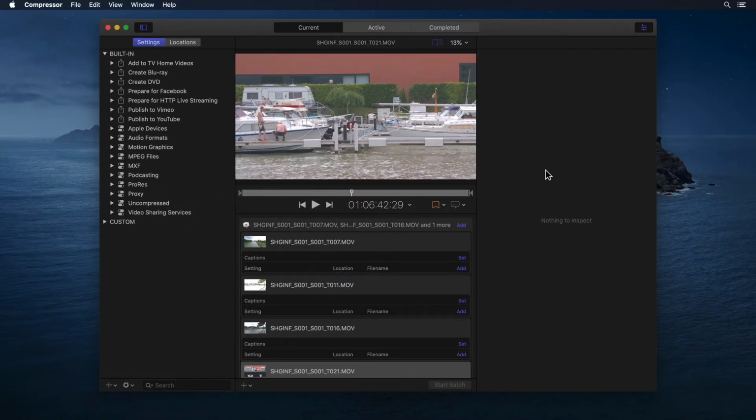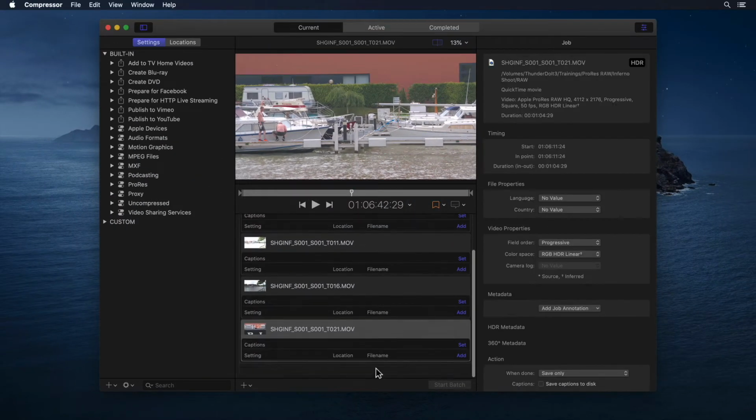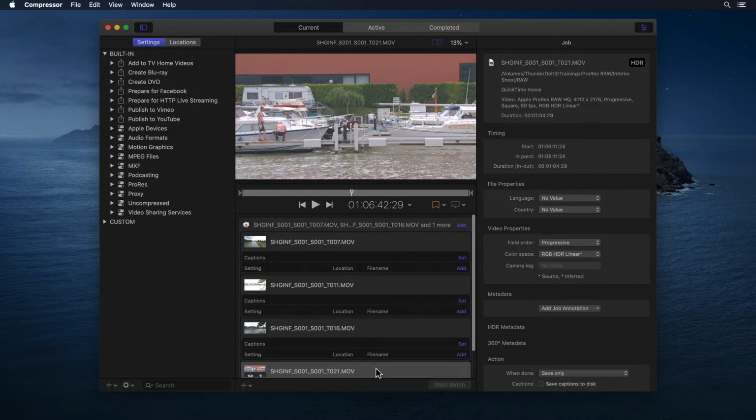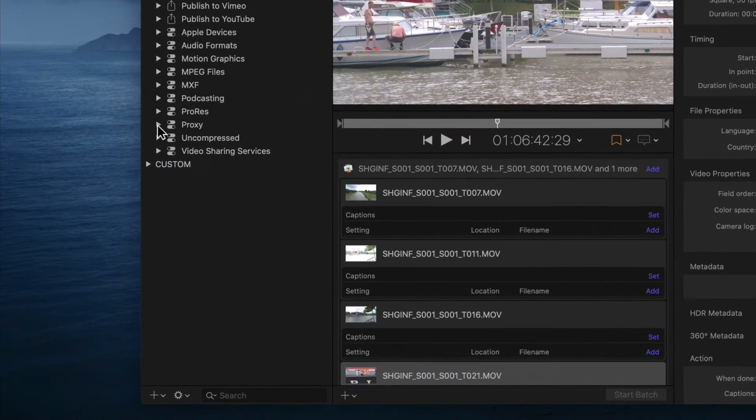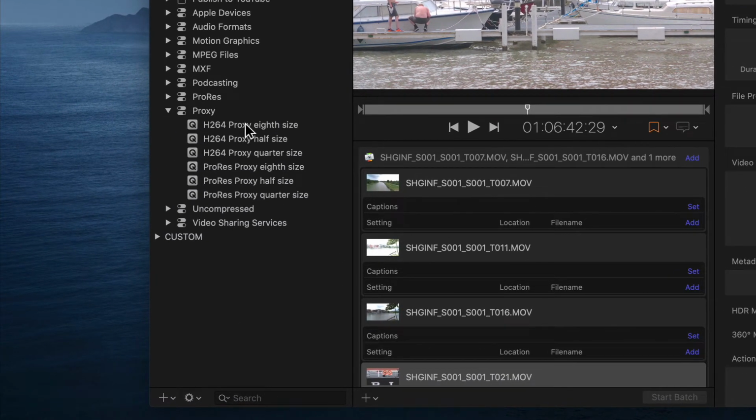And aside from a couple of other changes that we won't be talking about here, we now also have the same options to encode proxy media as ProRes or H.264 here as we do in Final Cut in a new proxy settings group. Including these options here gives you the ability to have even more flexibility in the proxies you create. You can set up a preset to burn in timecode, add custom LUTs, etc., as well as have more control over where you want the files to go.